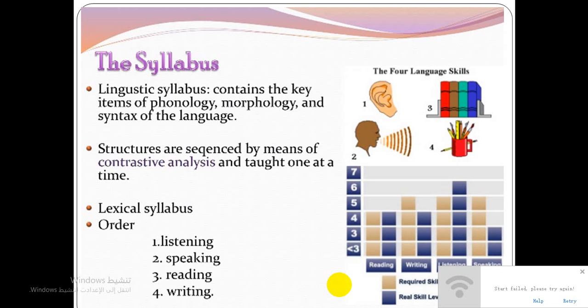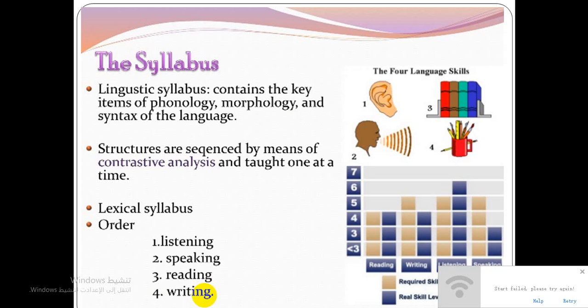The syllabus. Audiolingualism is a linguistic or structure-based approach to language teaching. The linguistic syllabus contains the key items of phonology, morphology, and syntax of the language, arranged according to their order of presentation. The language skills are taught in the order of listening, speaking, reading, and writing. Listening is viewed largely as a training,